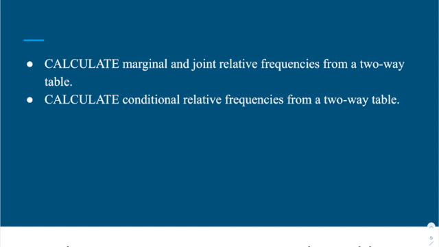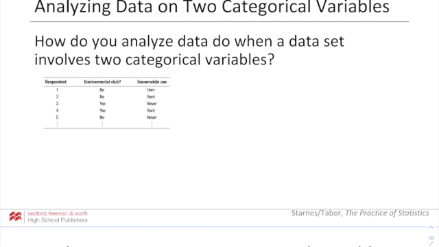In this lesson, we're going to talk about calculating marginal and joint relative frequencies from a two-way table and how to calculate conditional relative frequencies from a two-way table. So first, let's talk about what a two-way table is. When we're looking at two categorical variables, instead of taking a frequency table or a relative frequency table, we end up constructing a two-way table where each variable is on one side of the table,